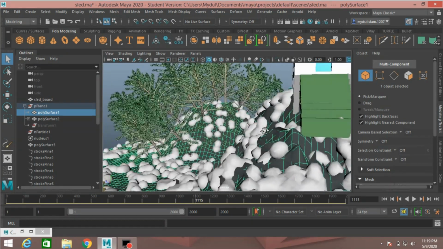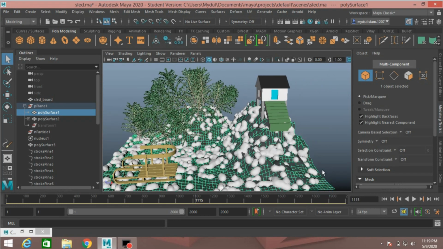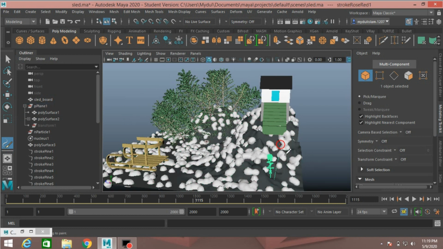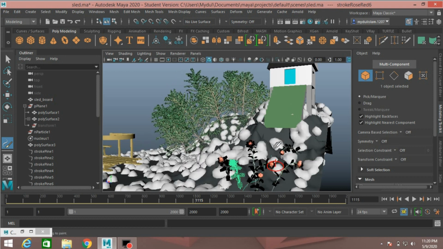Of the terrain, again floor, just draw like this.